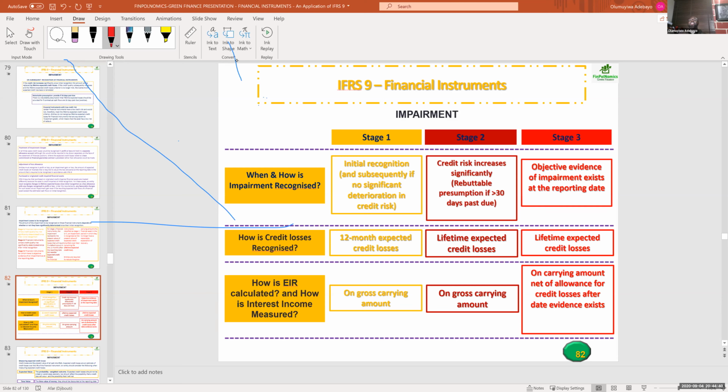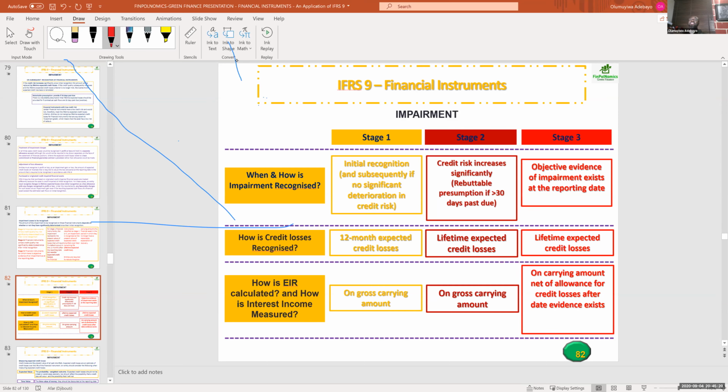And you do that either when you are in stage 1 or you are in stage 2. But when you get to stage 3, the effective interest rate is no longer going to be computed on the gross amount because stage 3 is a delinquent stage. Therefore, you can't be talking of aggregating interest on gross amount when you cannot even get your principal amount. Therefore, what do you do? You rather apply your effective interest rate on the basis of the net amount, not the